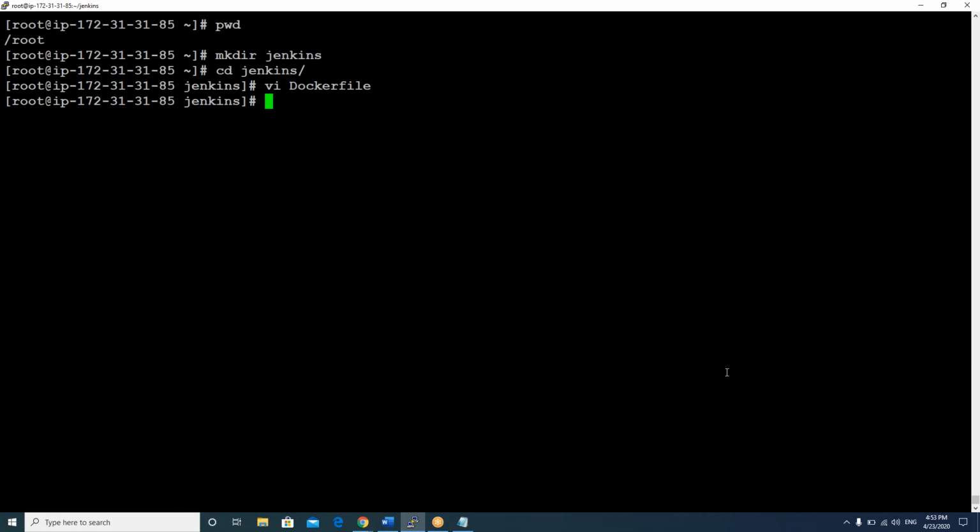Now let's build an image with this. Docker space build space. We haven't built yet. Docker space build space -t. This is the command to build your image from the Docker file. -t space. Do you have your account ID, Sushmita?